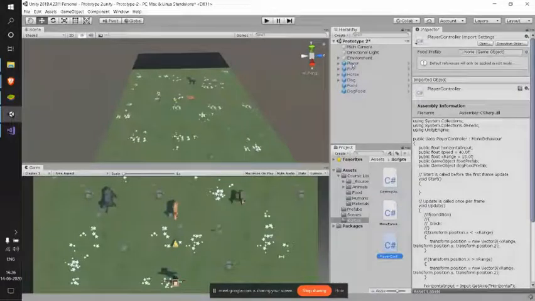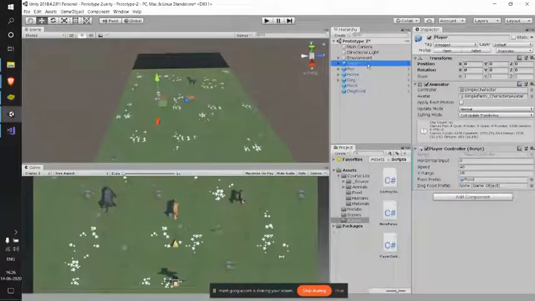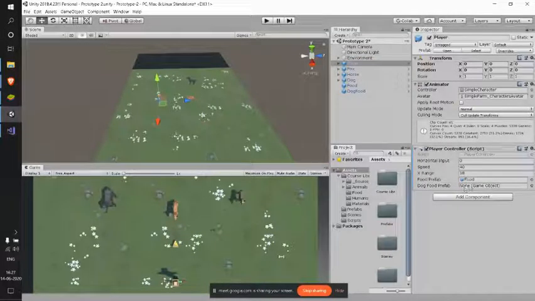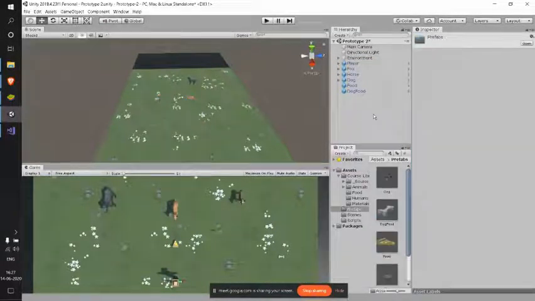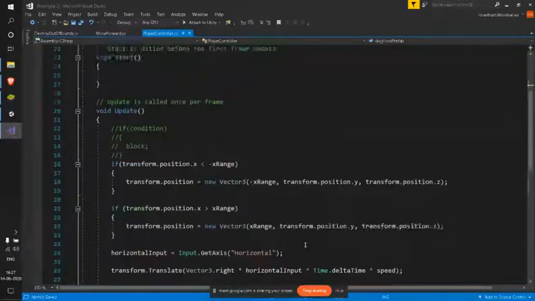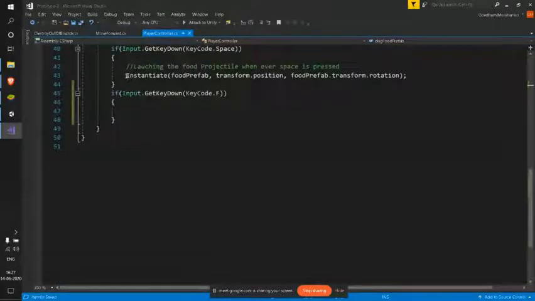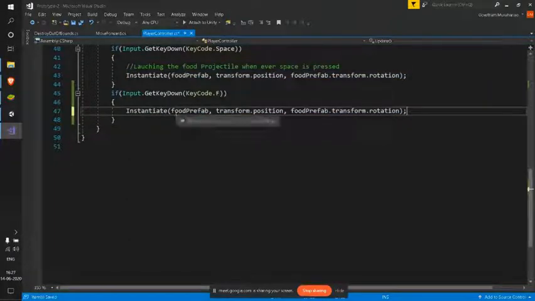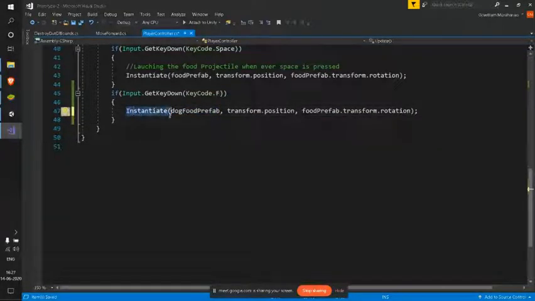Okay. So as I have this as my public variable, I'll be able to see that in my inspector. And when I click on my player, yes, see it's asking for a game object, and I can give my prefab from here. So let me drag drop this. See, now I have my reference to my dog food prefab, and I can do whatever I want with that particular prefab. So let me copy paste the same thing, and instead of this food prefab, I'll be using my dog food prefab. So what it will do, this instantiate now refers to my dog food prefab, right?